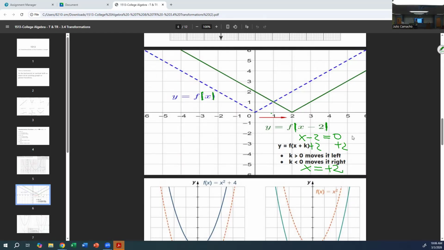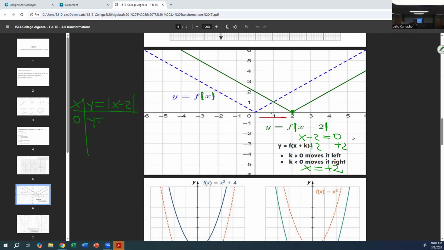Well, we need to now do the other points. As you know, the vertex now is at 2, and the 2 is the center of the V. So I can pick two numbers to the right and two numbers to the left. So do your table of values again. You put your x there, and the equation is y is equal to the absolute value of x minus 2. So if I put a 0 there,